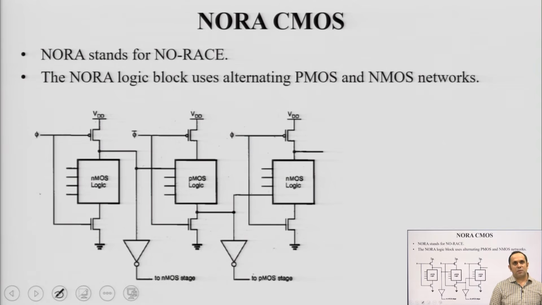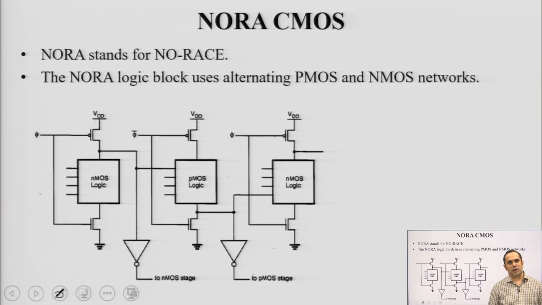In that domino logic circuit, we were facing the problem of race condition. And to solve that, we introduced what was known as NP CMOS logic. NP CMOS logic was a cascaded version of N and P blocks. The NORA logic block is quite similar to that. In fact, the NORA logic and NP CMOS logic are sometimes used interchangeably,